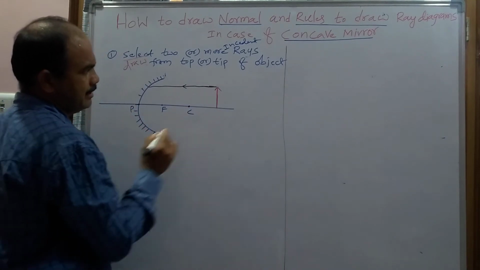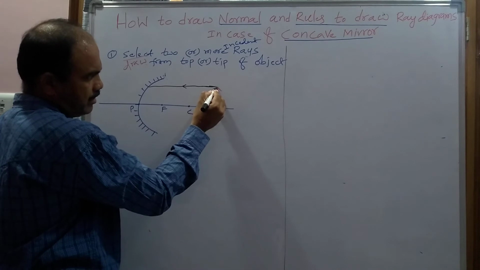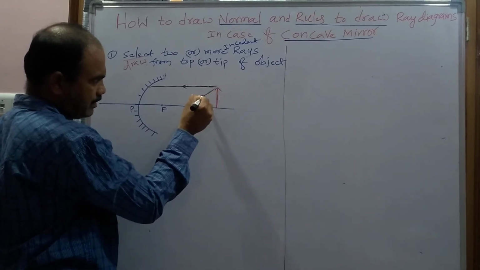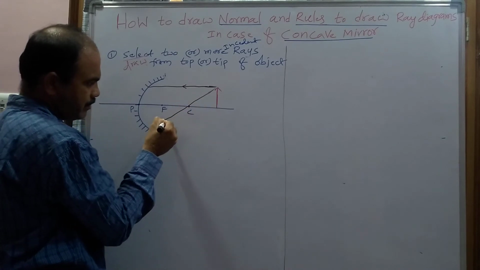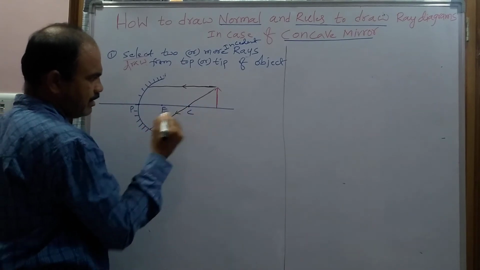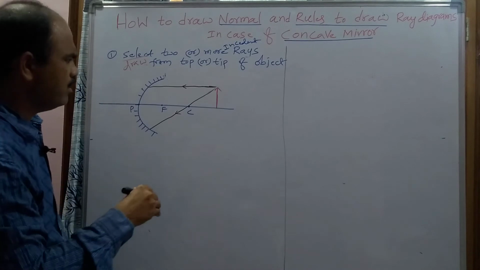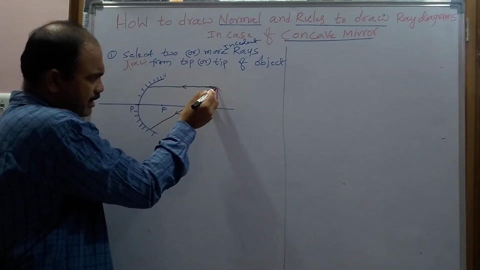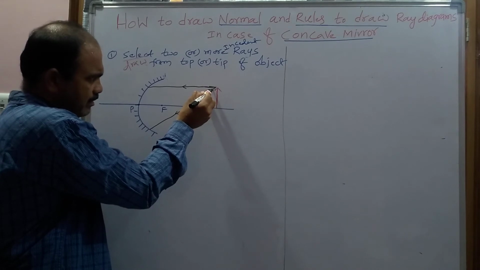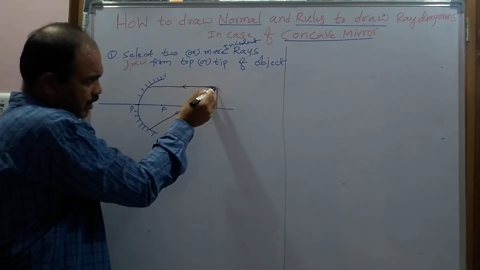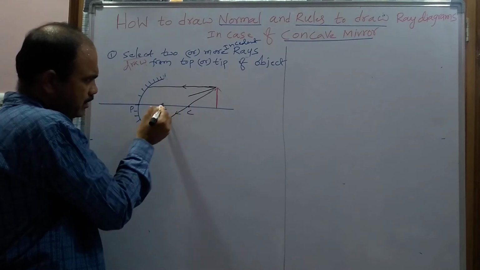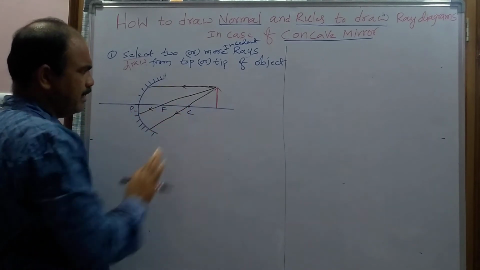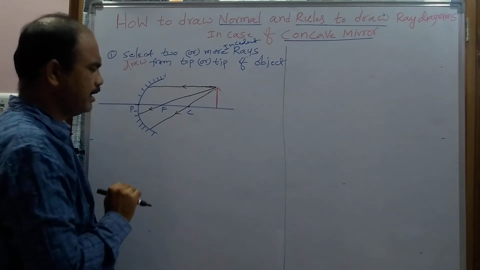And the second ray, you have to select from the top of the object, that is passing through center of curvature. Now consider this is the incident ray that is passing through center of curvature. And you have to select another ray. Already I said what that is. The incident ray selected from the top of the object must pass through the focus. This is the focus. So actually 2 is enough, but here I am taking 3.